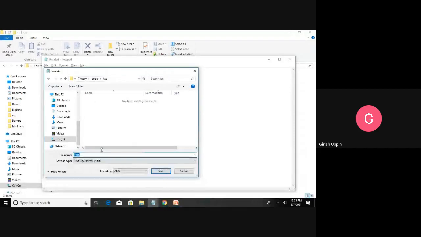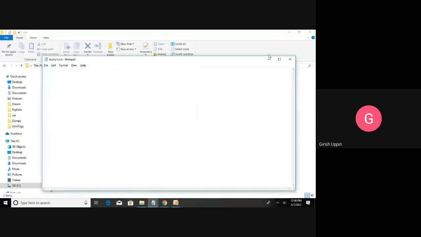Okay, now by default, if you give any name, so here I would say my css1.css, normally you will do like that. If the save as type is text document, what will happen is my css1.css.txt file will be stored. So just for your understanding, if you choose like this, you just say save. Now what happens is, if you see here,